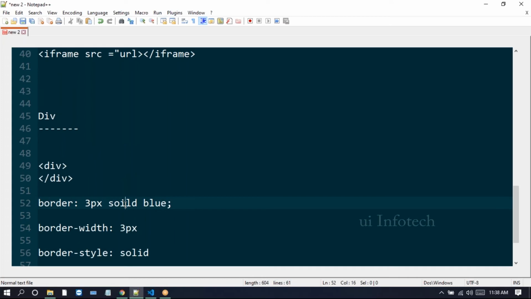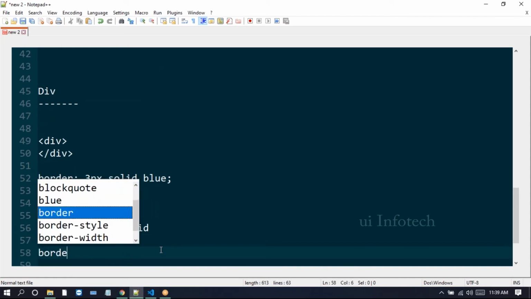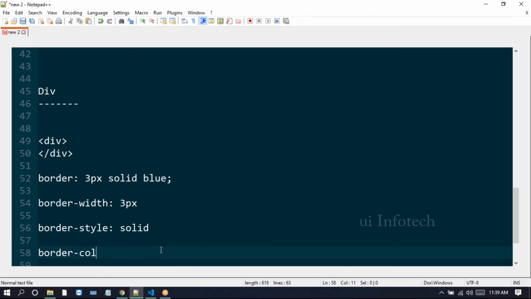First we take the border width, so border width is 3 pixels. Next, it will take border style, and border style will take solid here. So just remove this one, border solid here. Now we take border color.